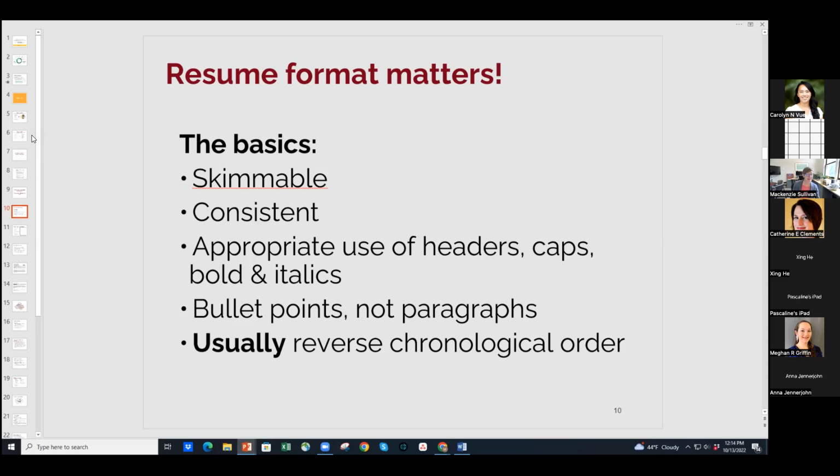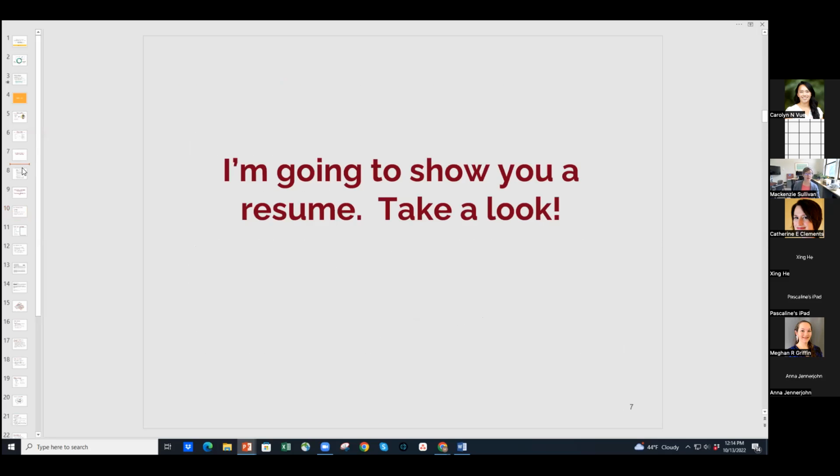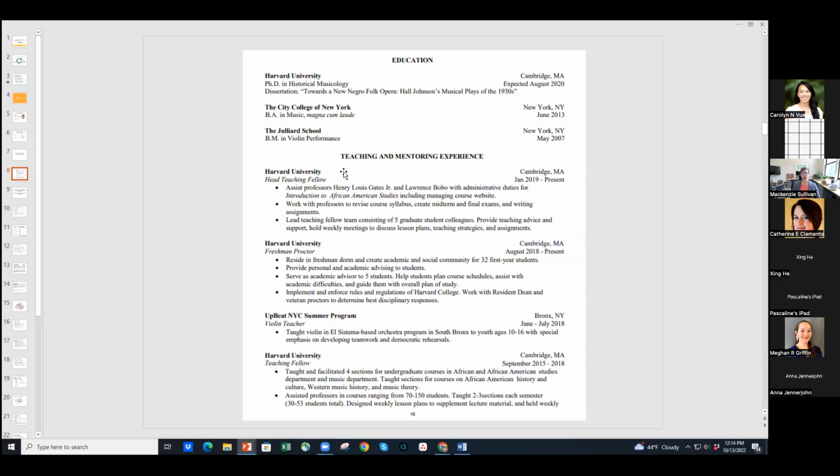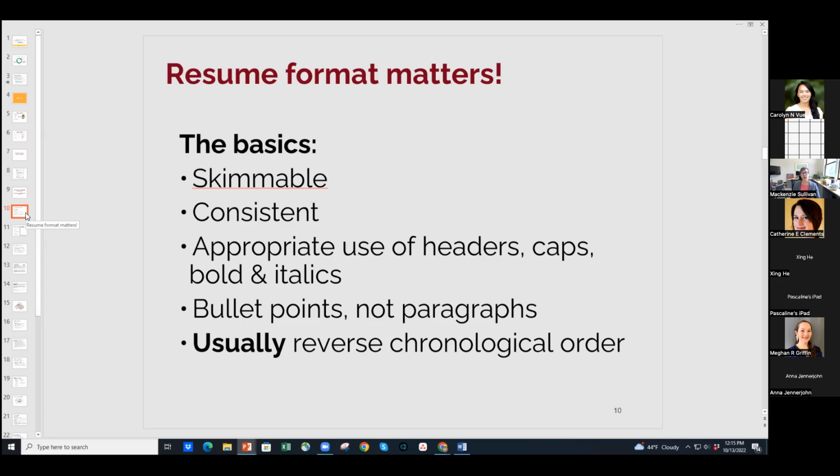It needs to be consistent. When we go back and look at this resume, I would say that's really good in consistency. The names are bolded. The positions are in italics. They have it laid out as teaching, mentoring. This is only the first page. If you go to the second page, you'd find some other things. It's easy to see where the degrees are from. And so that's a very skimmable resume to me. Now, I'm not saying I would want everything that person has, but it's very skimmable, and that's important.